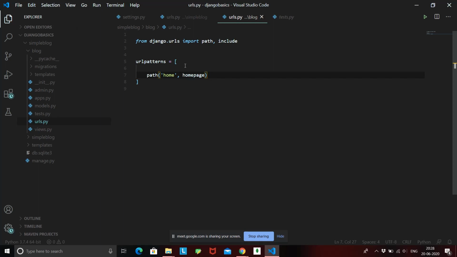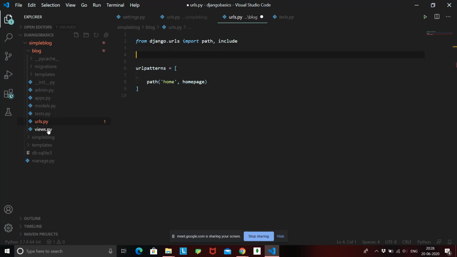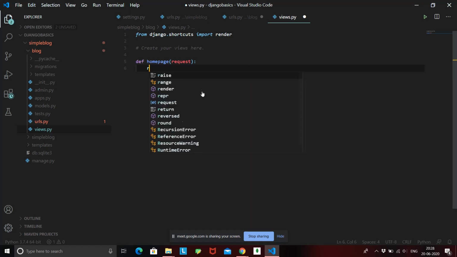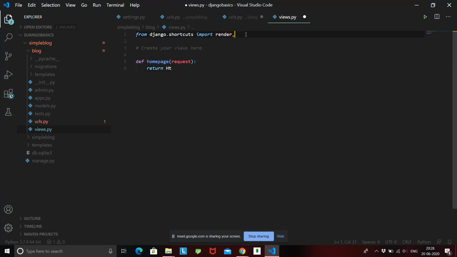Okay, so I am again doing the same, that is, if a home path is encountered, then call a home page. And I'm going to write this function home page inside my views folder. So let's create that. This is again going to handle request similarly, and just return, we need to include HttpResponse first.